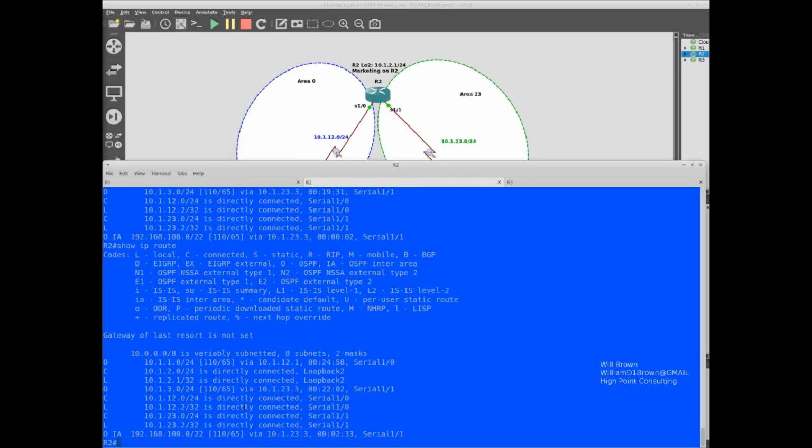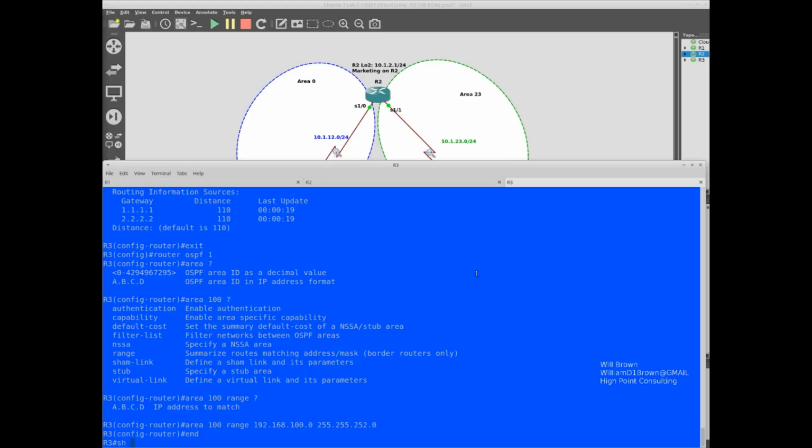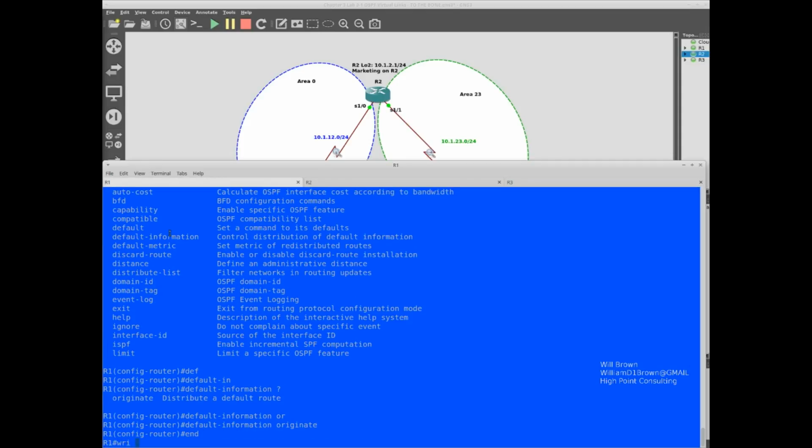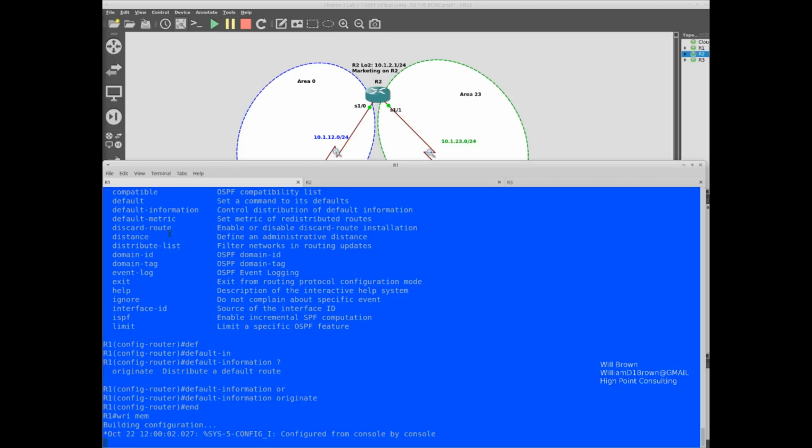it may take a moment. Let's see, can we ping from router 3 over to... I forgot to write that change on router 1, jumping around a little bit here.